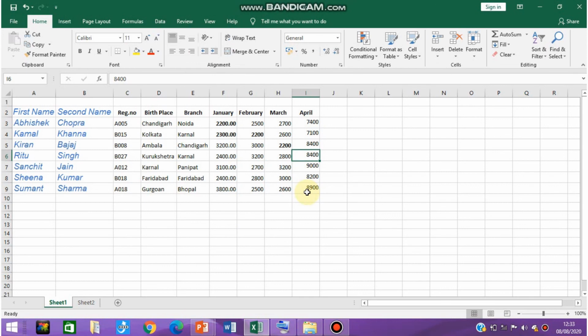Fine, and you can see that your text has been aligned to the left of the particular cell. Left and top we have selected, so the alignment of the content is at the top.